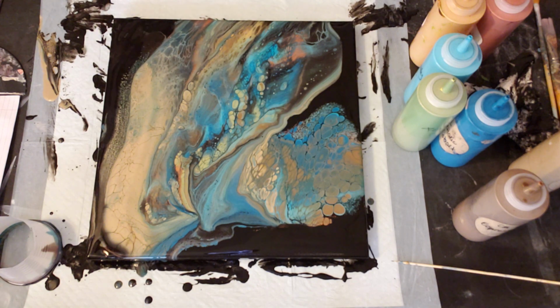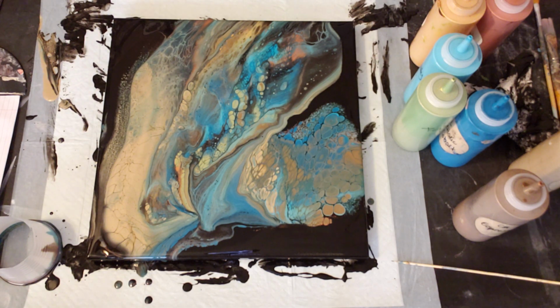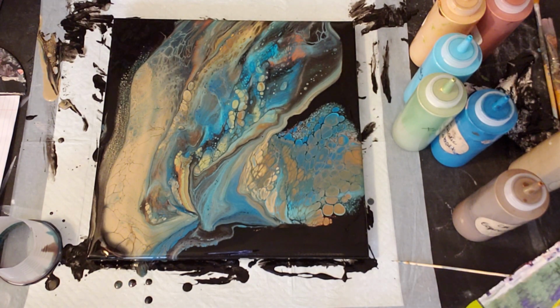All right. And you can see all the cells popping up from the swipe there. So let's see. Thinking I might want to do some more swiping into that. I like how this is blooming and kind of changing, and I might even put some more techniques in here. I still have to go in with, I think I'm going to maybe do a balloon roll